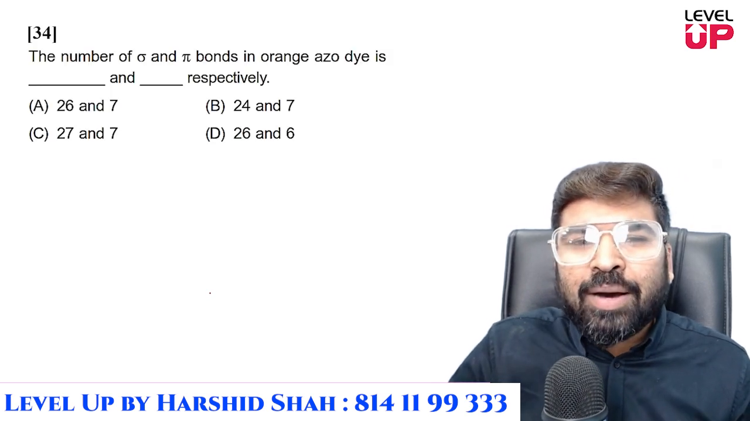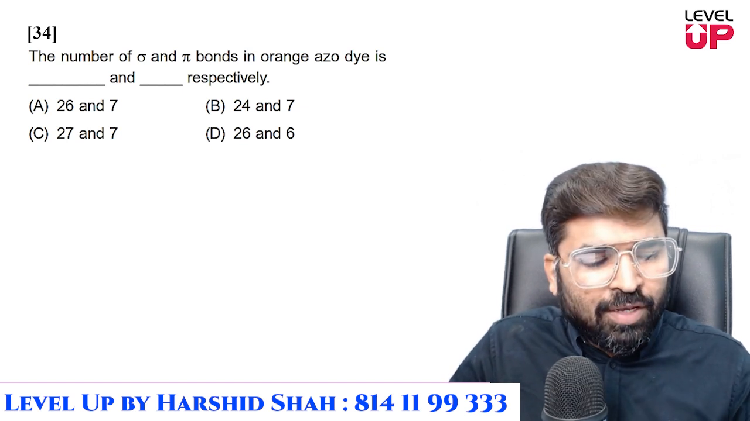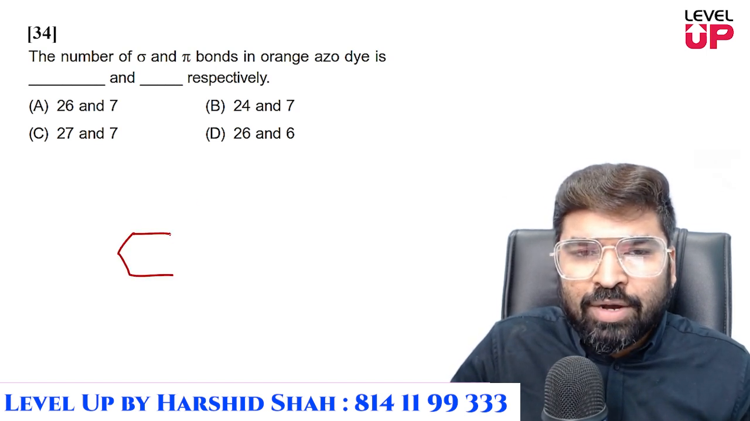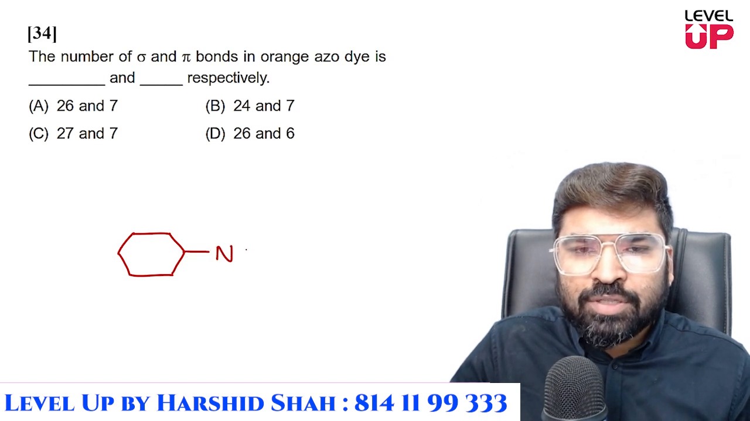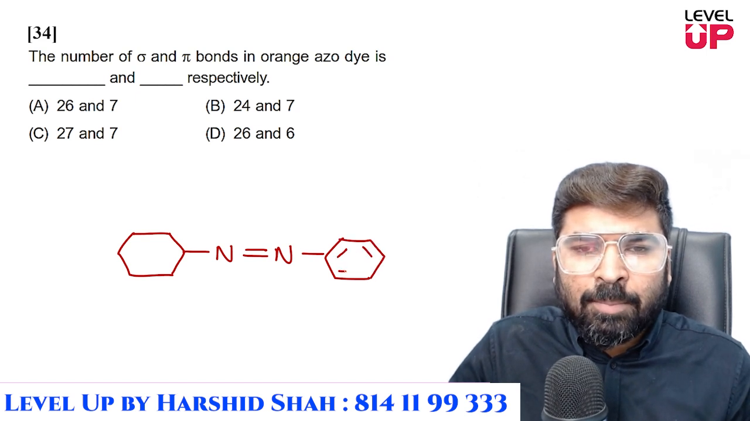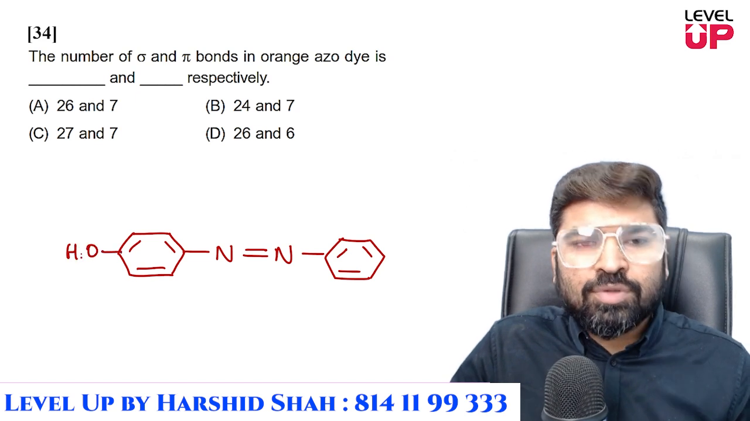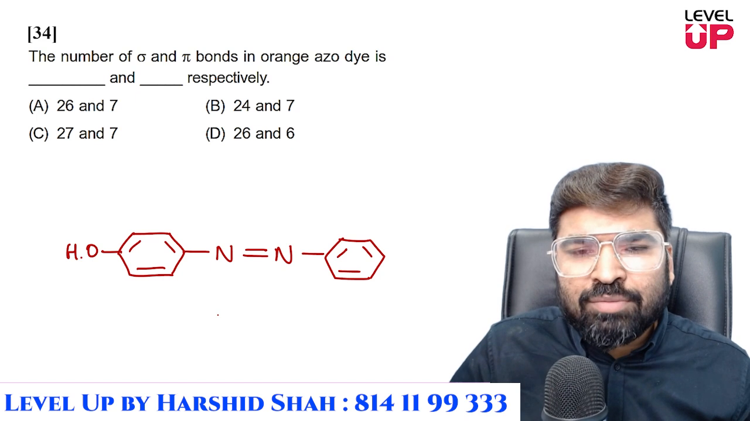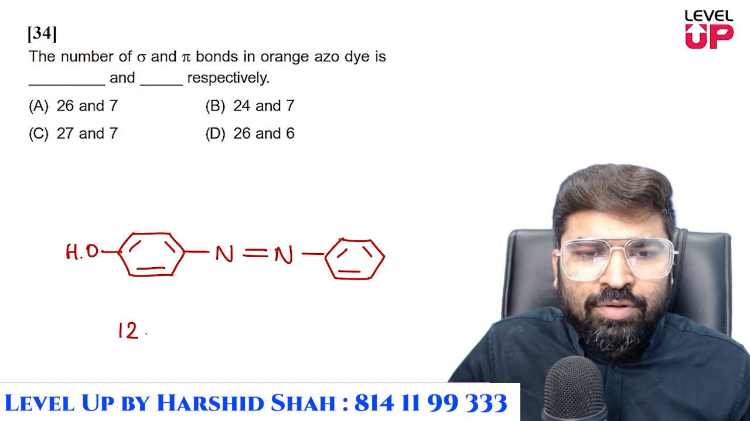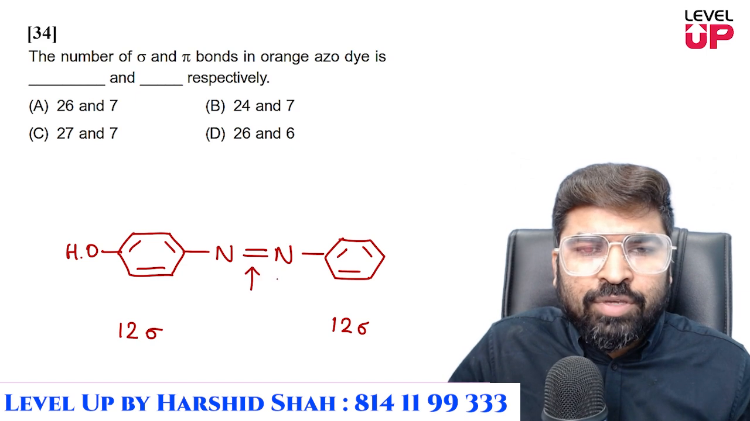The number of sigma and pi in orange azo dye are respectively how much and how much? Okay, so sigma and pi, what you need to do is draw the orange azo dye. If you don't know, you have to understand, आपको वो स्ट्रक्चर पता होना चाहिए। सो यहाँ पे है azobenzene, right, whereas you have the hydroxyl group here. Okay, so if we calculate the sigma in benzene, it will be 6 and 6 will be 12, right? So it will be 12 sigma here, 12 sigma here, और यहाँ पे एक सिग्मा आपको ये वाला कैलकुलेट करना